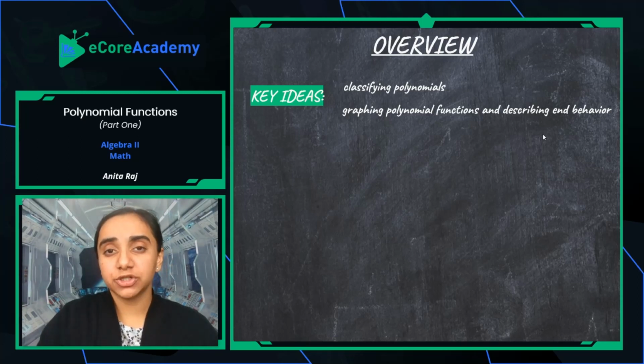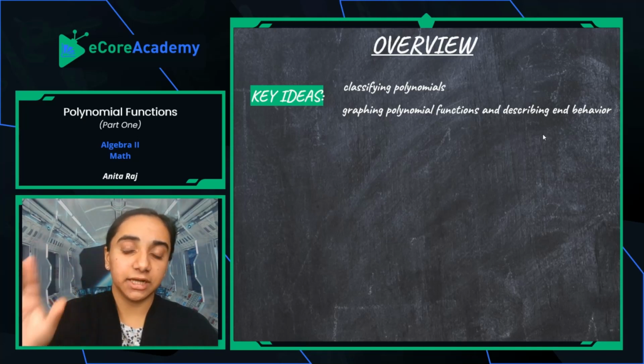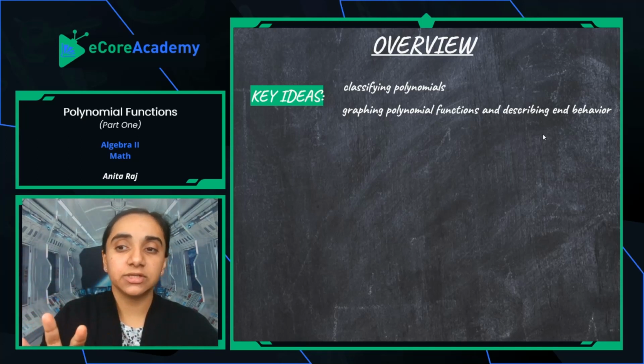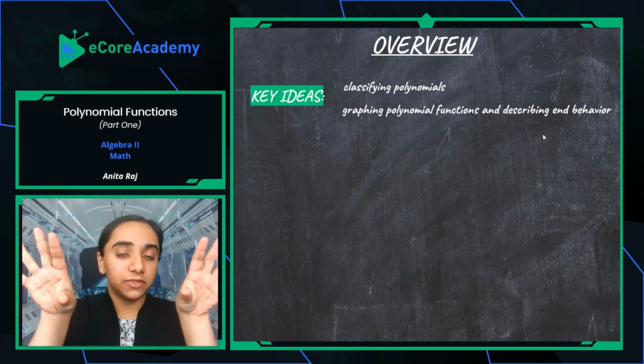If we're not, we're just going to be using an XY table and just putting in x values, getting those y values, and plotting the points. We're going to be graphing the polynomial functions in order to look at end behavior. End behavior we're going to define later on, but it's pretty much how when you look at the very ends